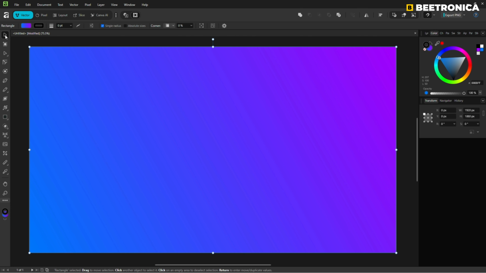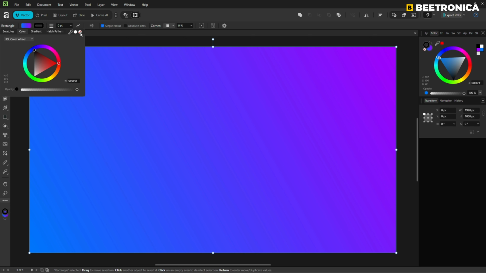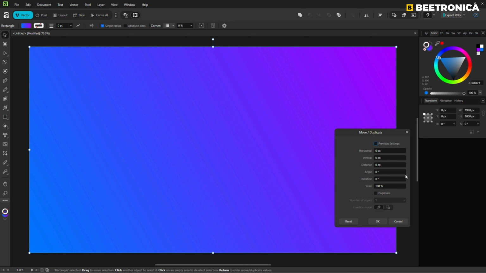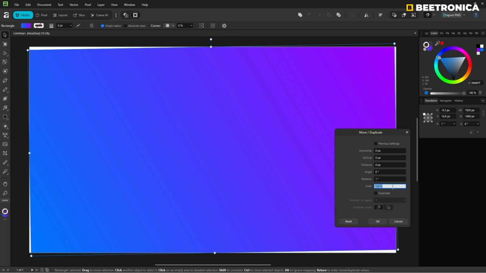Now I'll switch to the move tool and I'll make sure the outline color is none. Next, I'll press enter on my keyboard to bring out the move/duplicate tool. Now I'm gonna change the rotation to 1 degree and scale to 99.5%. Now I'll enable this box called duplicate,